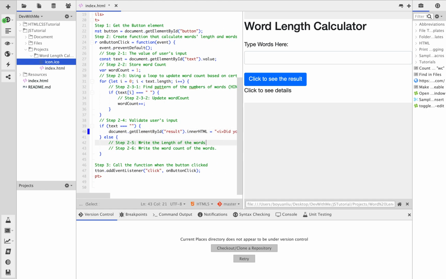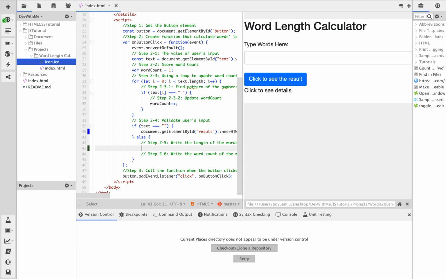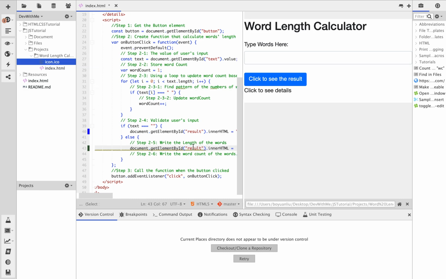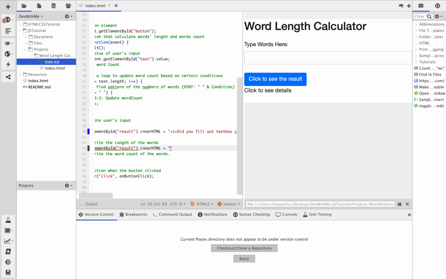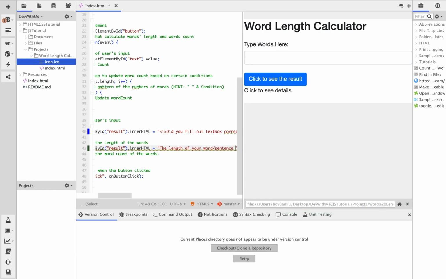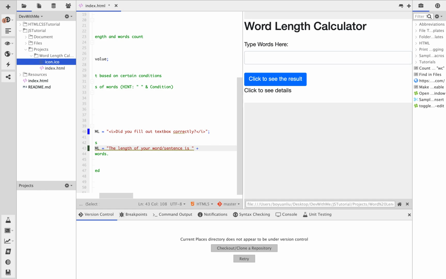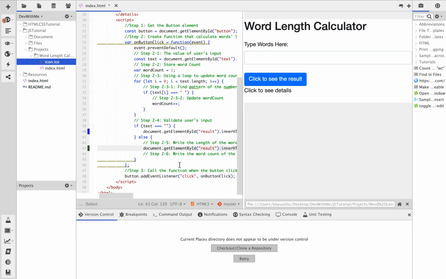Alright. Now step 5. I'm going to write the length of the words. So how can I do that? Well, similarly, I could just say document.getElementById. I'm just going to say result dot inner HTML equal to, I just say the length of your word / sentence is, I'm gonna plus text.length, and